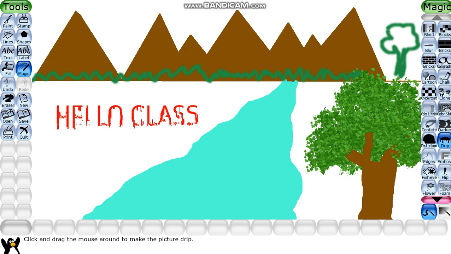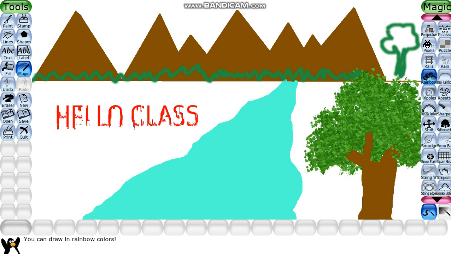Next effect is very sweet, which is the rainbow effect. If you want to draw a rainbow in your picture, you can use the rainbow effect. There are two types of rainbows which you can create. First is the rainbow and second is the real rainbow. Here, the rainbow draws an artificial rainbow like this.